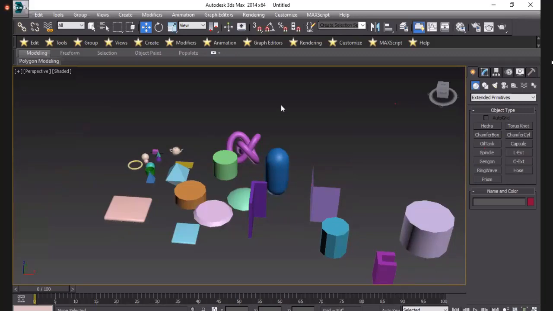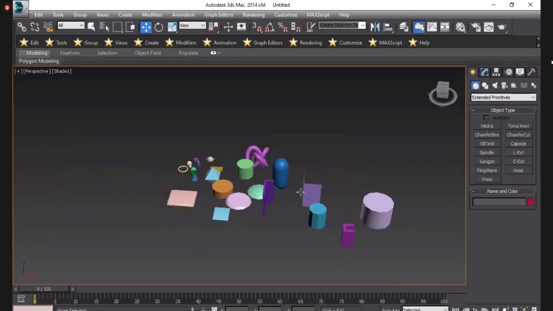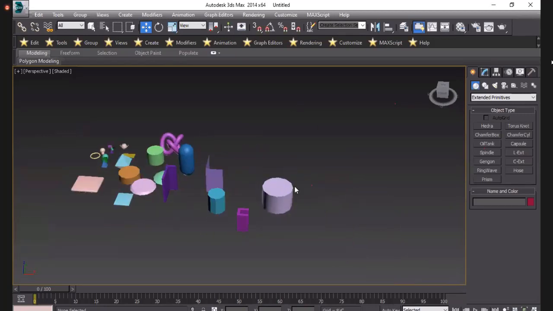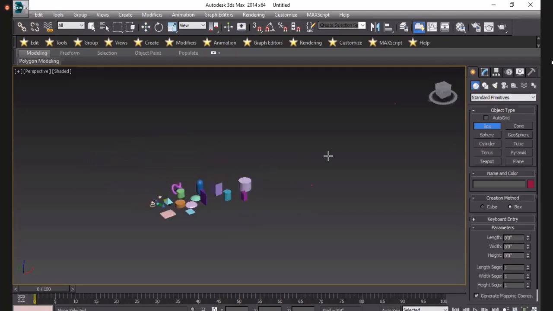Next, I will show you how to create a complex object with the help of these tools. Here I will take one box, which is in standard primitives.